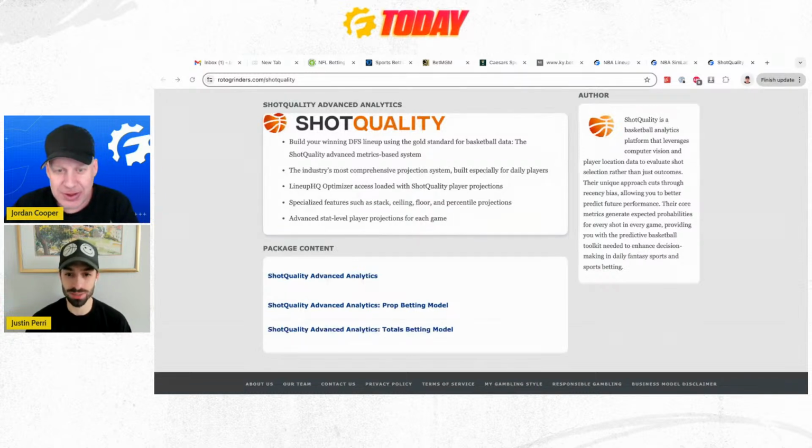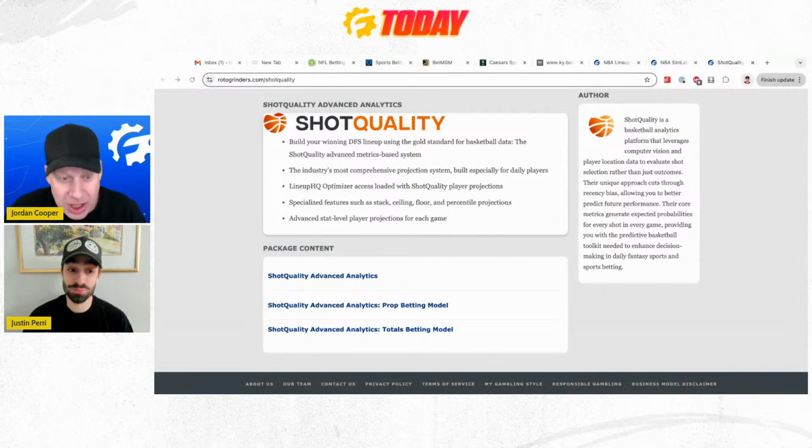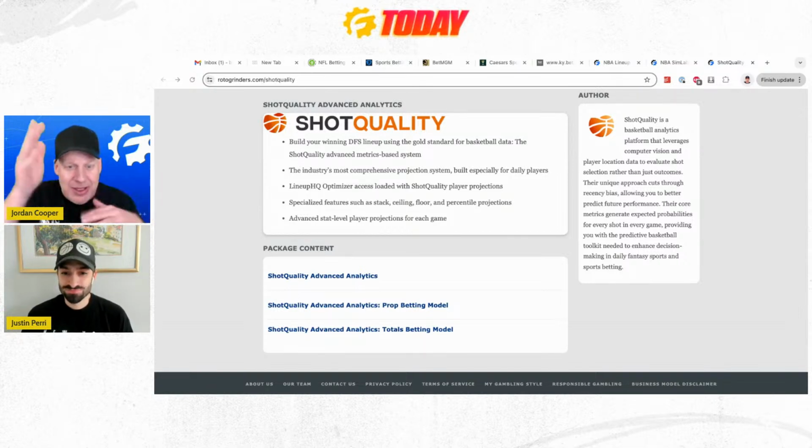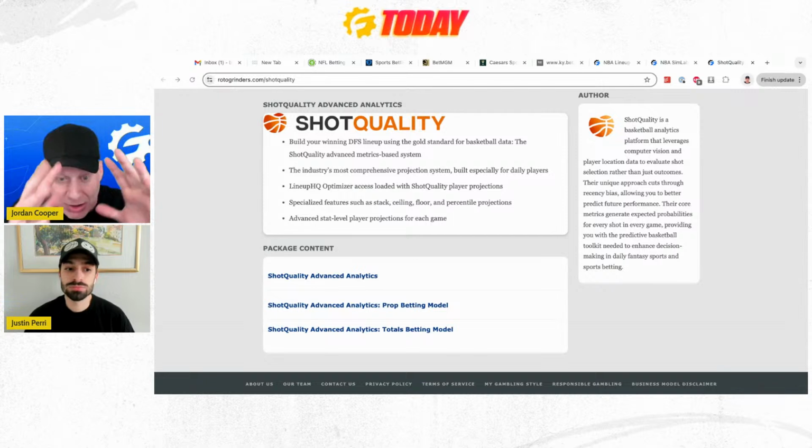I fully recommend this model. Yeah, Tim, who's here on Tuesdays with me, he kind of swears by shot quality. He plays mostly DFS, but he's been starting prop betting more. And even before the show, I'll say, have you been using the shot quality prop? Because I have. A lot of times the RG model and the shot quality model are kind of the same bet. The edge numbers may be slightly different, because you're using minutes and usage just a little bit more granular. It's very similar to this.